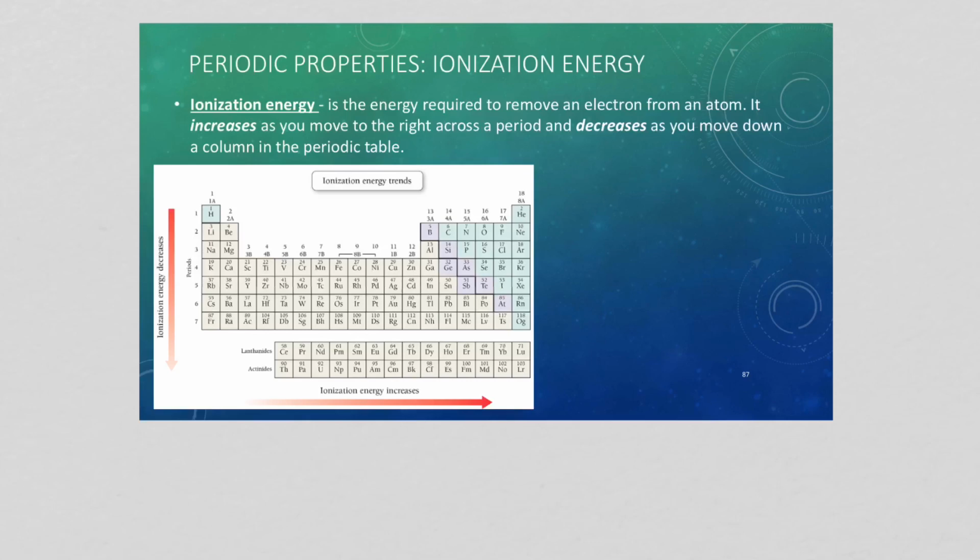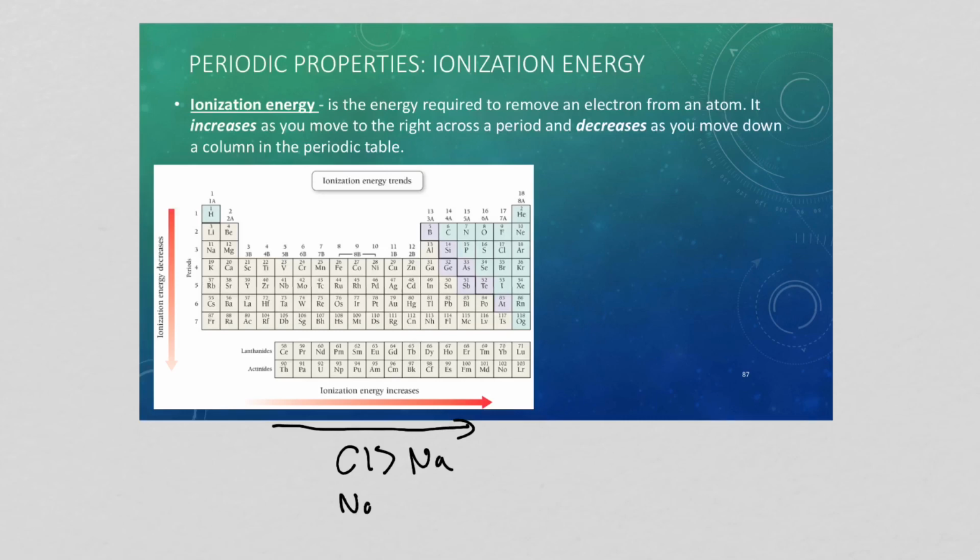So it takes more energy, right, or the ionization energy gets bigger as you move to the right. So ionization energy gets bigger as we move to the right. So if we take, say, the third period, right, chlorine has a larger ionization energy than sodium. Right? So it's going to take more energy to pull that electron away from chlorine than it would from sodium. As you go down, the ionization energy gets smaller. It becomes easier. Right? So if we're looking up and down, right,